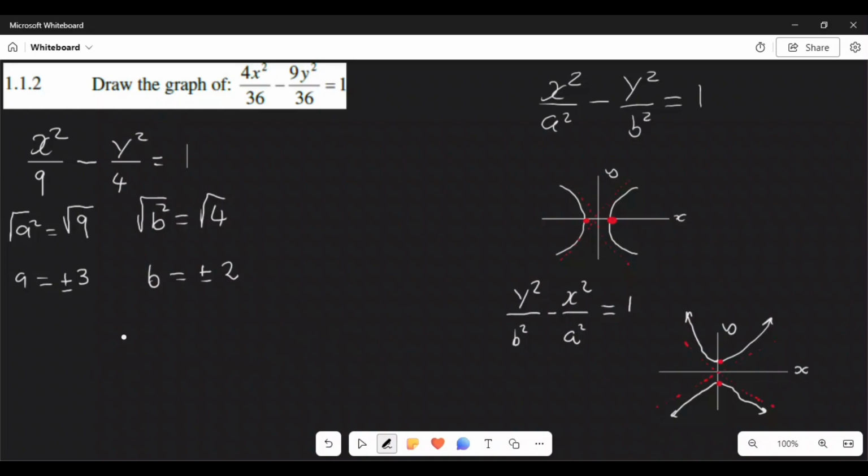How do we get them? There is a formula. It goes like this: y is equal to plus or minus b over a multiplied by x. So basically when you substitute, this is the same as plus or minus, what is your b? It's going to be 2 over